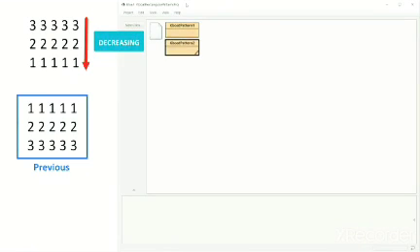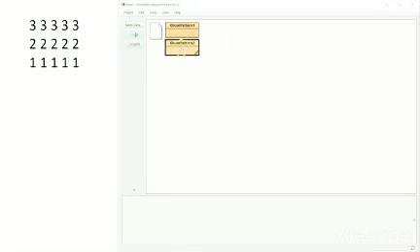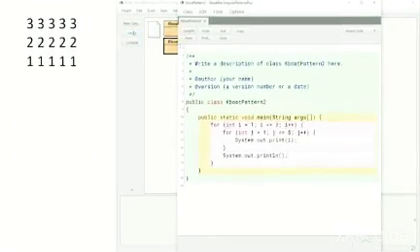This means that if I can make the value of i go from 3 to 1 instead of 1 to 3, then I have solved this pattern. And I know doing this is very simple. In the outer loop, I will initialize i to 3 instead of 1. Let me go back to the previous program and show it to you.